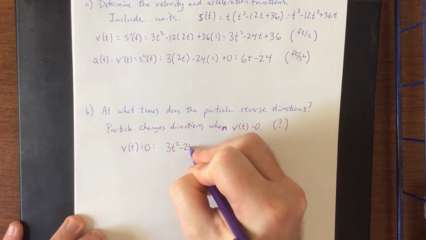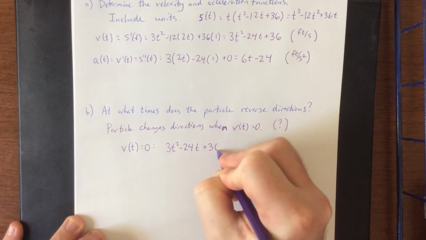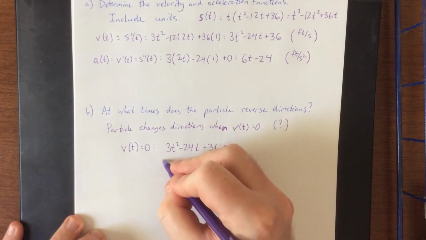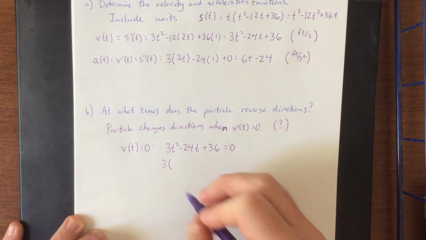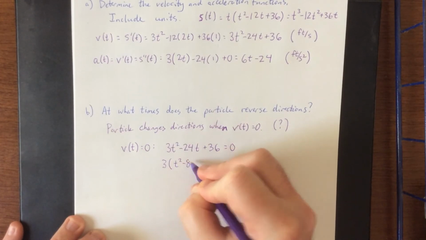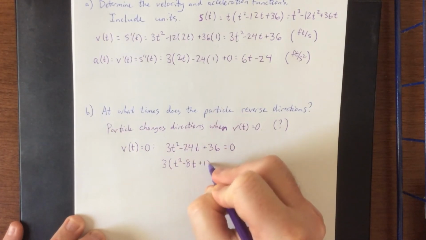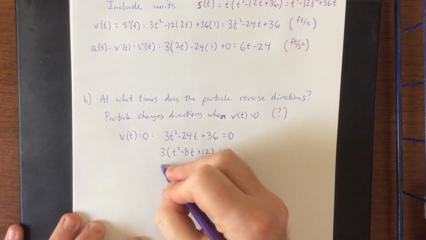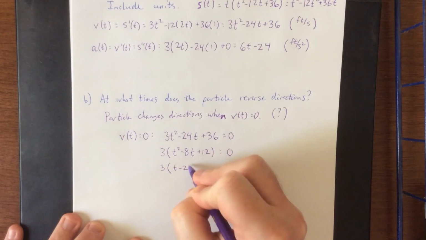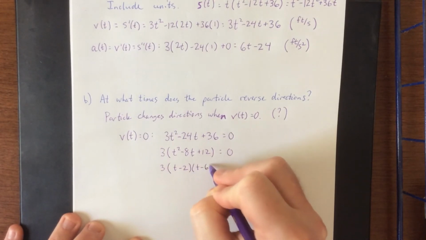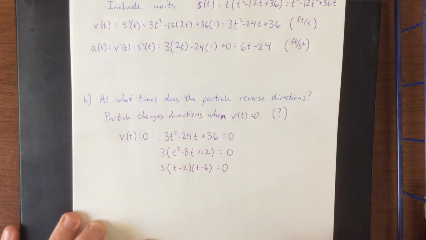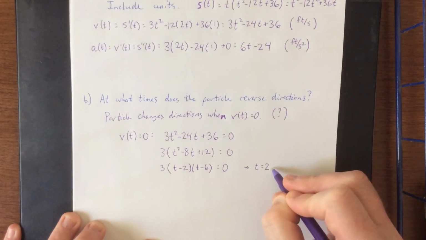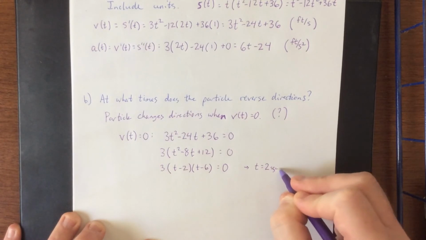So 3t squared minus 24t plus 36. We'll set that equal to 0. Next up, let's go ahead and factor this thing. We'll start with a common factor of 3. Take out a common factor of 3, we'll be left with t squared minus 8t plus 12. This factors pretty nicely into a t minus 2 and a t minus 6. So the velocity will be equal to 0 when t is equal to 2 seconds and when t is equal